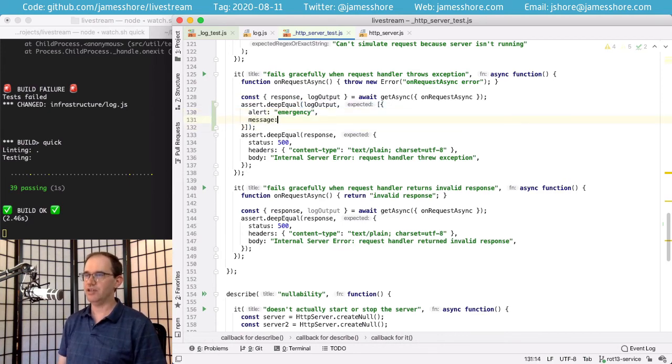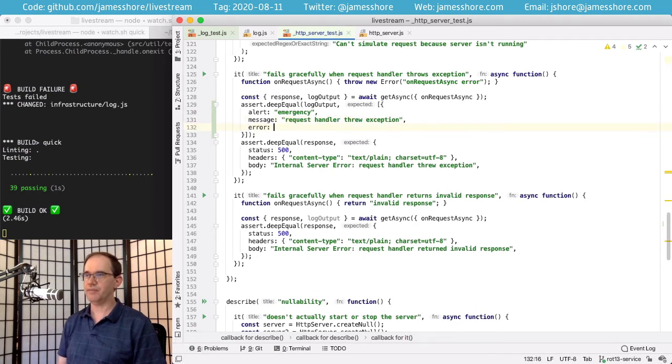We're going to have a message, which I think will be this message right here. And then we're going to want to have the error. And the error is going to be an error of on request async error. And that is a really nice and clean way to test our log output. I really like the way that works.